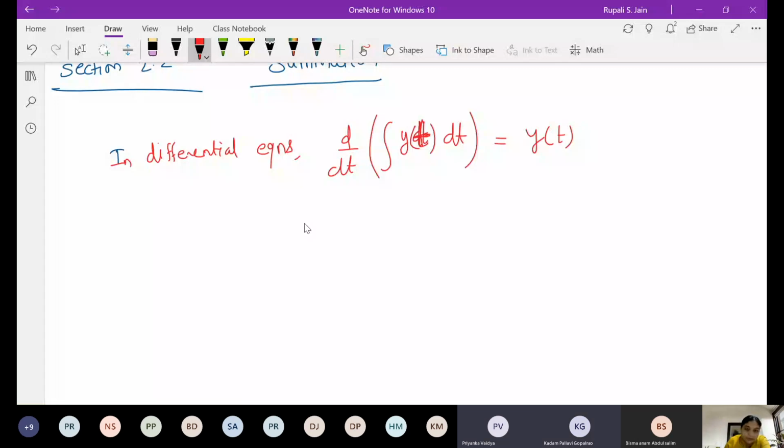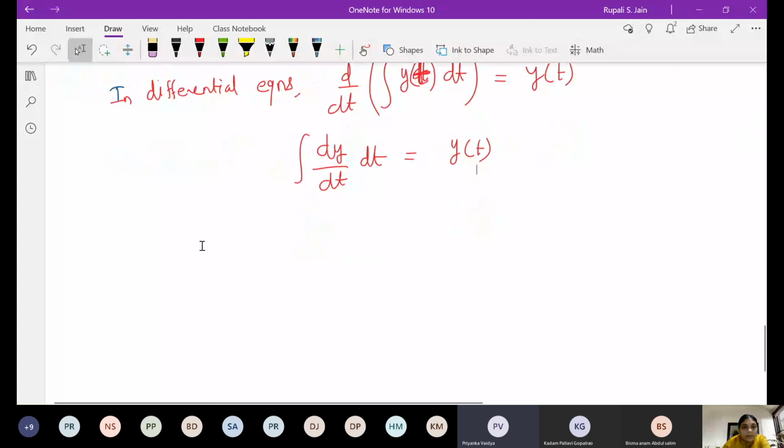Am I right? So integration of dy by dt, what is this? Integration and derivative are exchangeable, right? If I am having this, if I take its integration, I am getting again the same function here. So integration is nothing but antiderivative. So derivative and integration get cancelled and we get the original function.